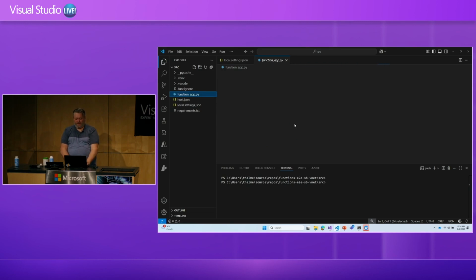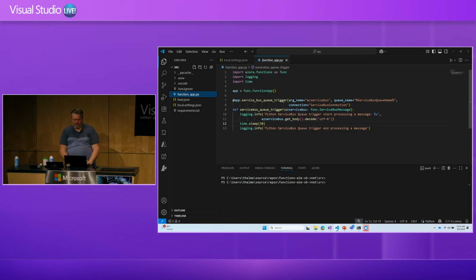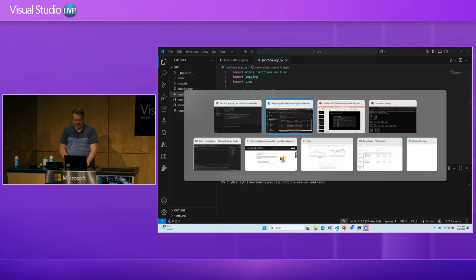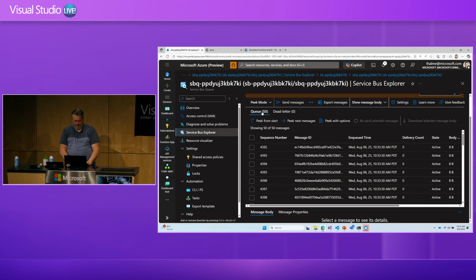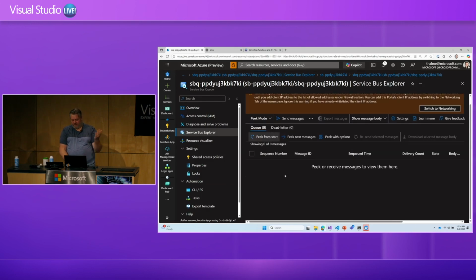So it's waiting for 30 seconds to process those messages, just to show that the app scaled to 50. And they are all waiting for those 30 seconds before they finish processing my message. And now they're all gone. So it basically went out from 0 to 50, processed them, and now it's back to 0 again, which is the concurrency control, but for a non-HTTP source. That's all I wanted to show here.